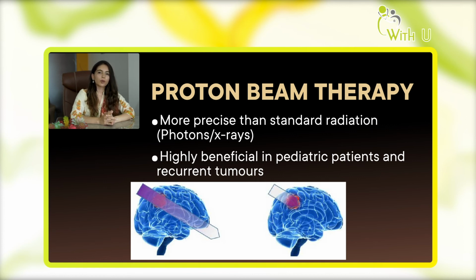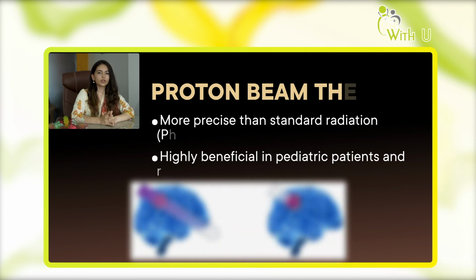And the peculiar property of a proton beam as compared to a conventional X-ray, which is used in the previous techniques that I mentioned, is that when a proton beam enters the body of a patient, it delivers all its dose to the tumor and then does not exit beyond that point. Whereas an X-ray beam exits from a point opposite to the entry point. So what happens is normal tissue is radiated beyond the tumor also.